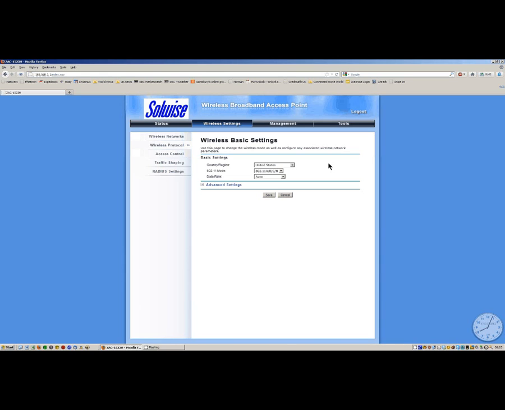Who wants to run an access point at a legal power limit? Anyway, that's what they've done. Now, the device by default has a 10 dB internal antenna. So if you actually set this to United Kingdom, you'll find the power drops right down to about 10 or 11 dBm as the output power maximum, which, alright, is okay if you just want to use the built-in antenna